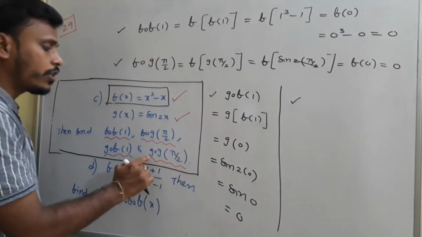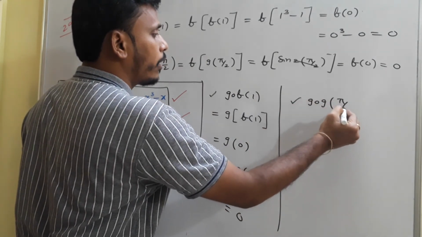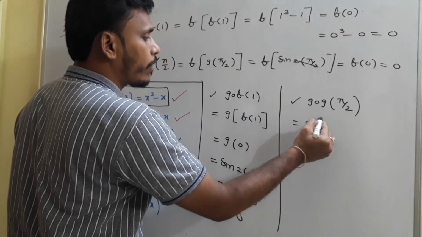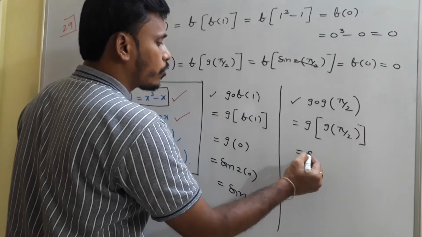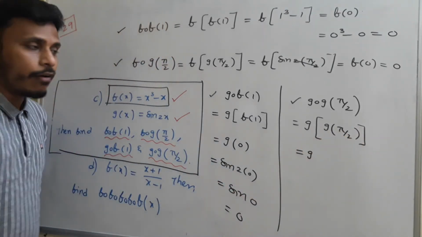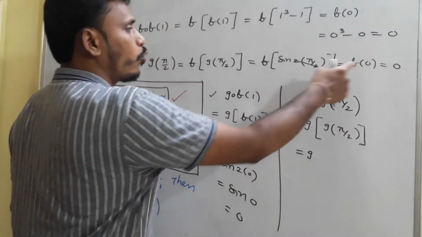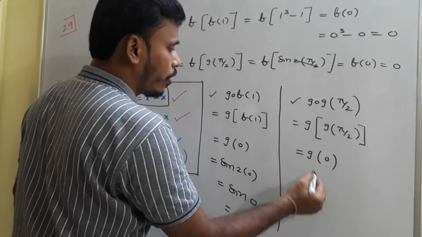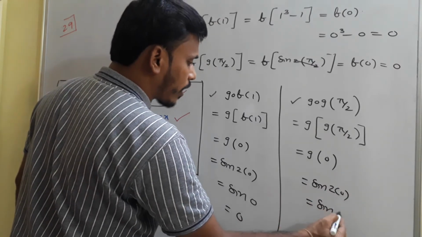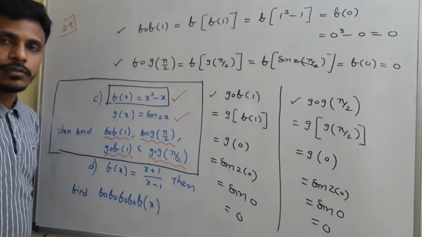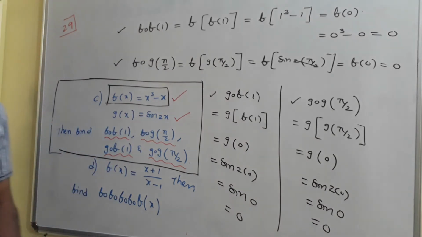And then we have the g circle g of pi by 2. Right. Very good. G circle g of pi by 2. So g circle g as per the definition of composition, which is g of g of pi by 2. So that is equals to g of, what is g of pi by 2? Function g with input pi by 2. So just like this, g of pi by 2 we found it as 0, right? So g of 0. Again g of 0 is simply nothing but sine of 2 into 0, that is equals to sine 0, and your answer is 0. That's it. So this is the way of calculation. Just observe it, okay? If it is clear, then think about the next problem. I will discuss with you.